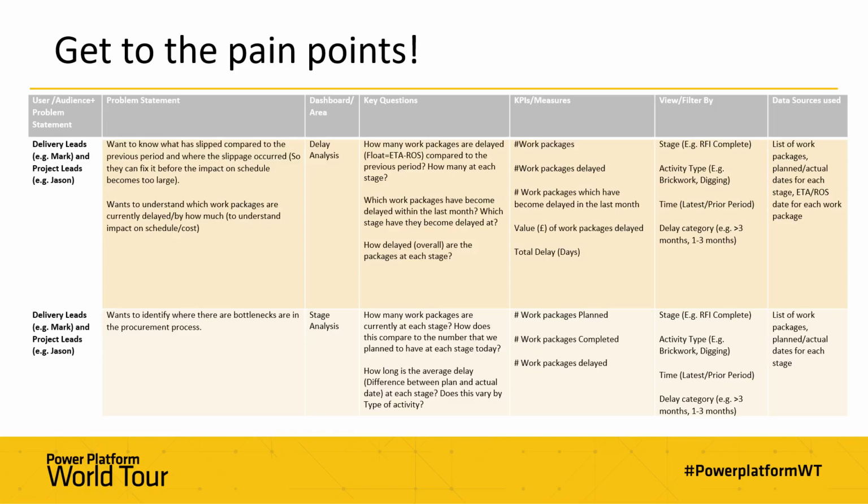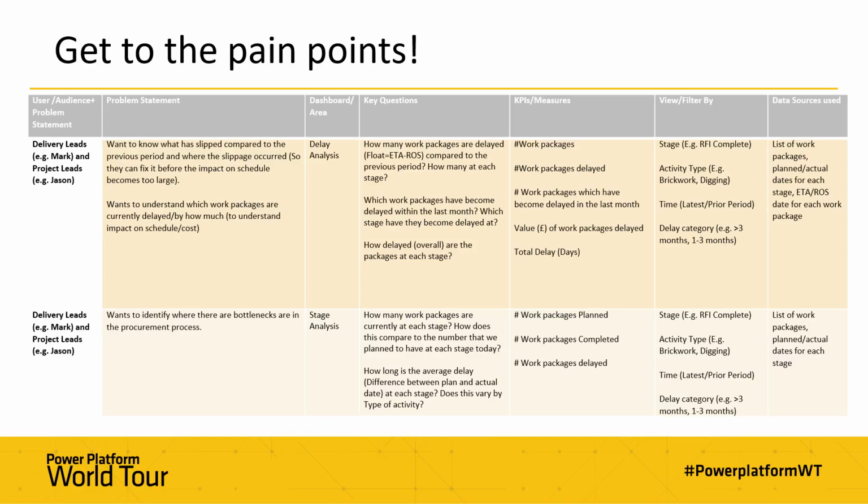I can show the data source behind this, but essentially on the first column we just had work package number, so it's essentially blocks of work that had equipment tied to it, and then a whole series of dates going through each stage of the procurement process. So everything from documents designed, documents submitted, to RFI, request for information, to going out to tender, doing a technical commercial evaluation, to right at the end issuing a purchase order. And each stage had a planned date and an actual date when it's been completed.